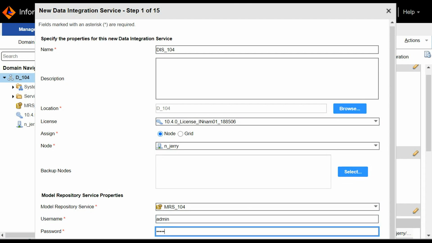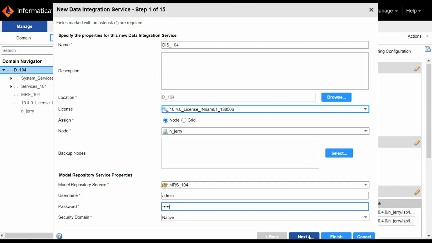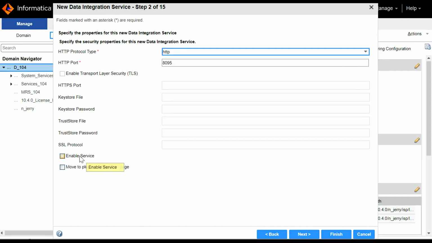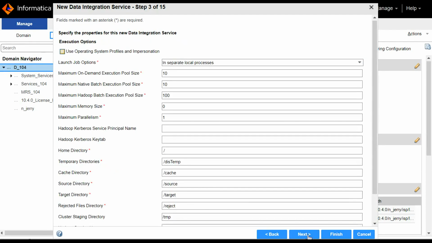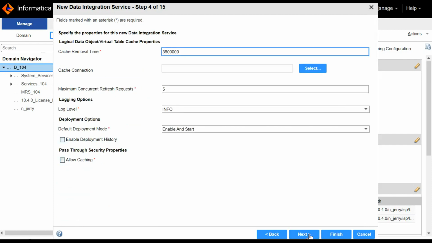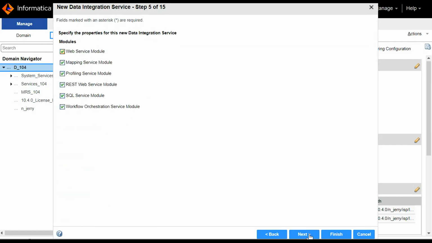Click on next. We'll select Enable Service. Next. Depending on whether we're using operating system profiles, we can configure these configurations. For now, we let them be as they are. The same applies for the cache connections.